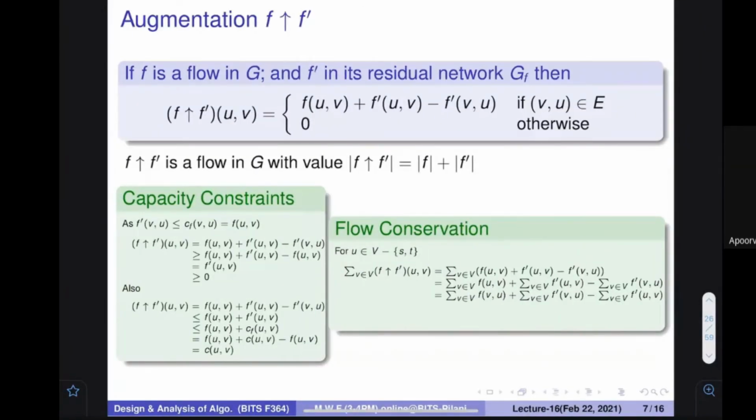then for each of these terms, for f(u,v), there is a flow conservation, because these are the individual terms. We are actually talking about what is going to happen with respect to the augmentation. But for all these networks, this condition was actually holding. This flow conservation condition was actually holding.